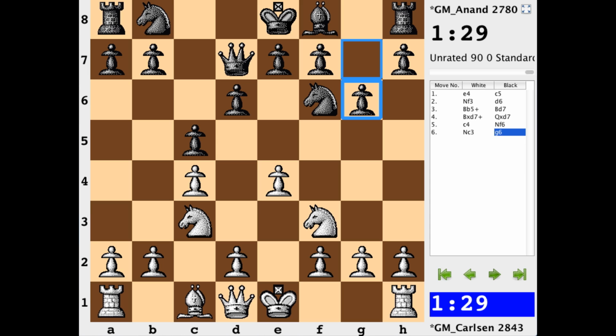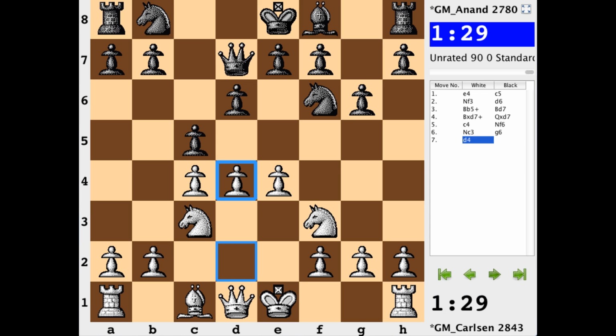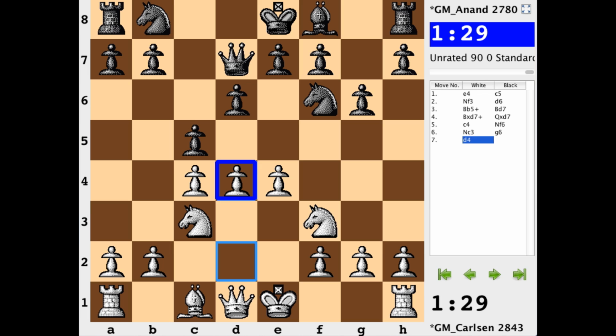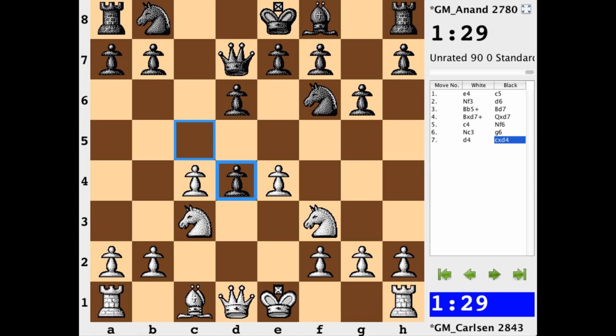So, more development, black going with the kingside fianchetto, and white pressing forward with d4, because really the d pawn is a liability. For as long as it's around, it's just a liability. It's backwards at this point. So d4 looks to eliminate an unhealthy pawn for a perfectly healthy black c5 pawn, and that's exactly what we have.